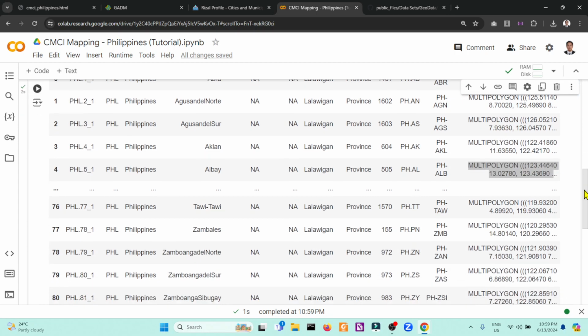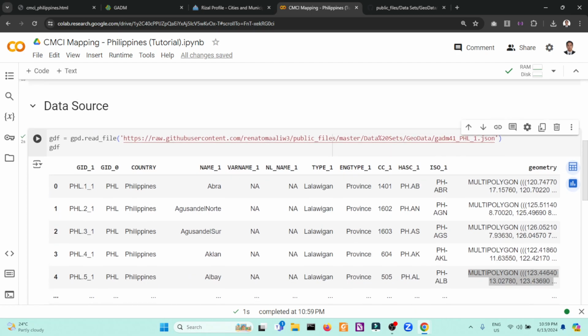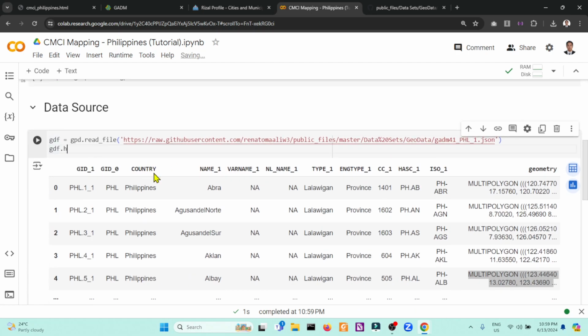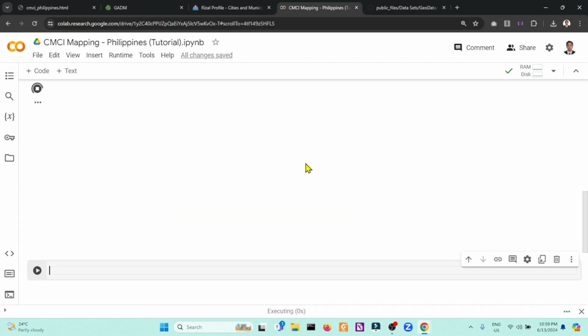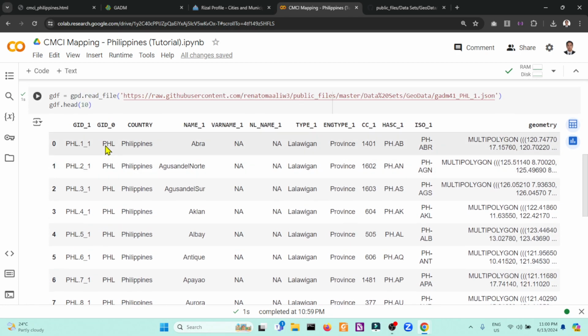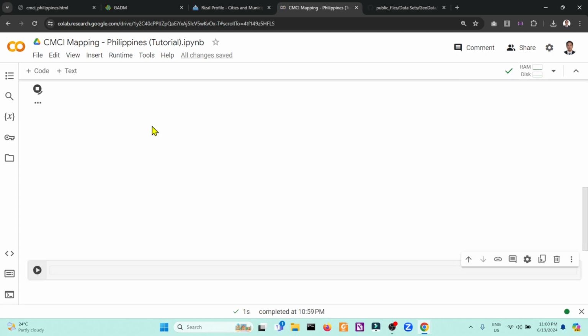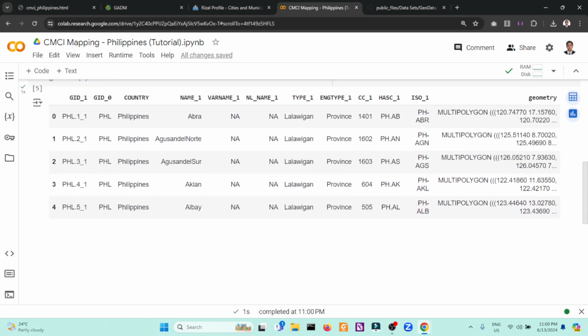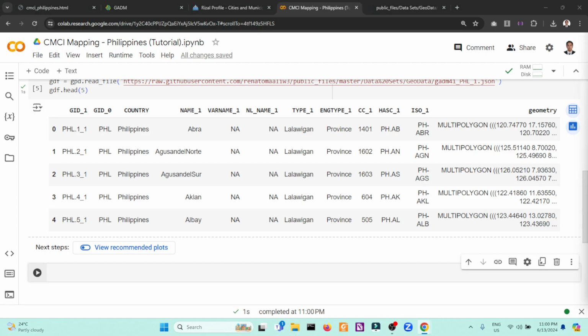If the screen becomes crowded, you can also use GDF head to show only the first 10 instances of data, from 0 to 9, that's 10 data. If you want less data, you can use GDF head with an index of 5.